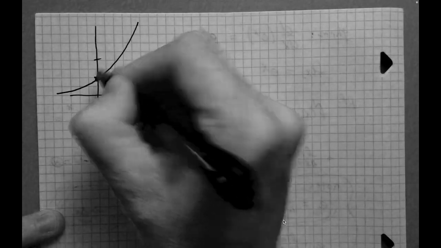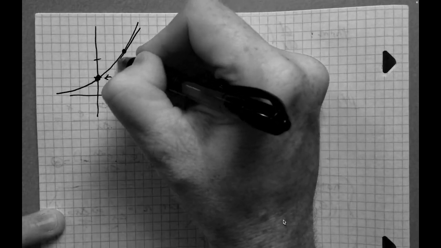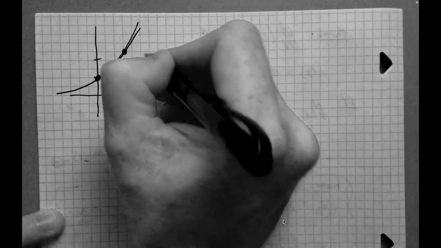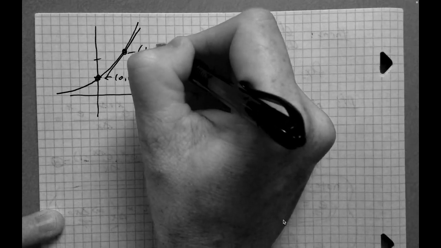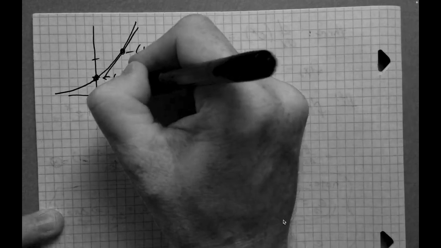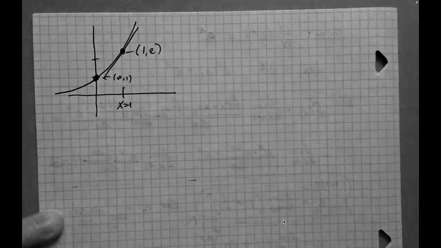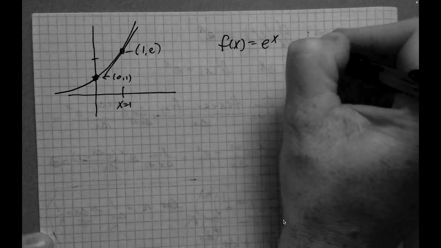So what this means is that for tangent lines at any one of these points, the slope there is going to be like 1, comma e here, and 0, comma 1 right there. So this would be the point x equals 1. And so basically what we're saying is that the slope of f of x equals e to the x at any point